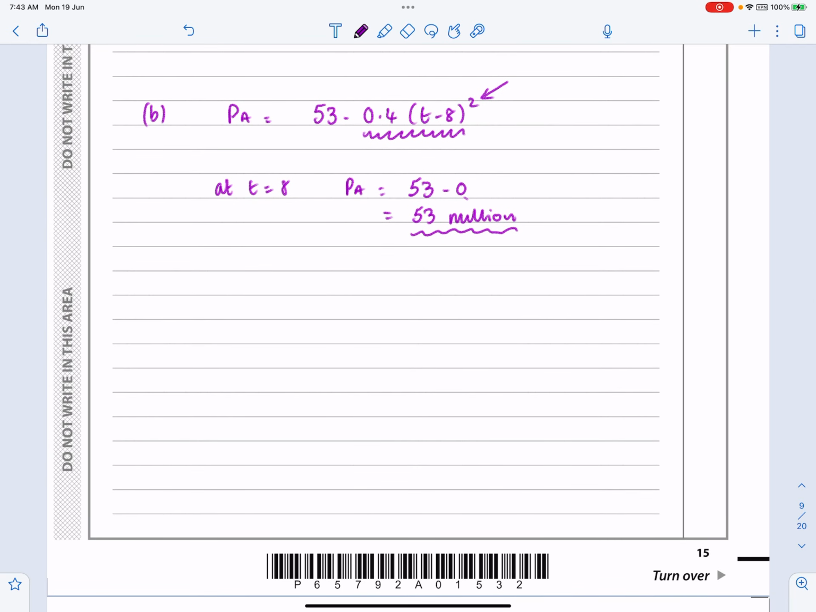Okay, so my game plan is to make them equal to each other. So find when PA equals PB. Always good to tell the examiner what we're doing here. So we've got 53 minus 0.4(t minus 8) squared is going to be equal to 1.6t plus 44.2. So I can see, before I get started with this, it's all going to work out to be some